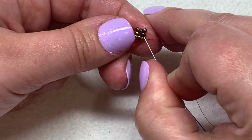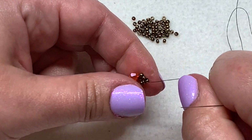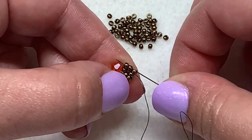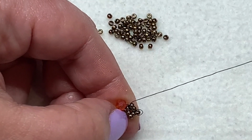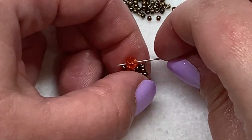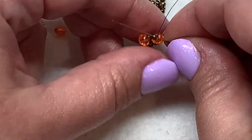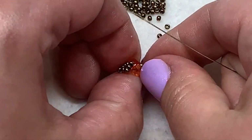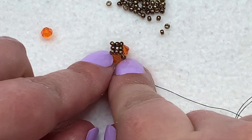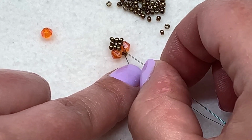Let's continue sewing through the seed bead we get to next. Pull it tight. Skip the seed bead that is at the very top. Sew down through the next two. It's going to help that seed bead at the top to stay sticking out more. And then sew down through the next bicone and through that new seed bead that's right in the middle of the two bicones. And give that one more good pull, and you'll notice that the small diamond of seed beads, that's going to sit sort of on top of those two bicones that we just added, which is what you